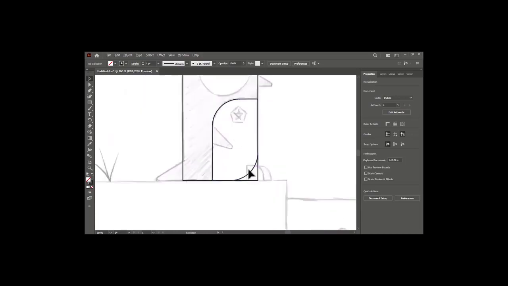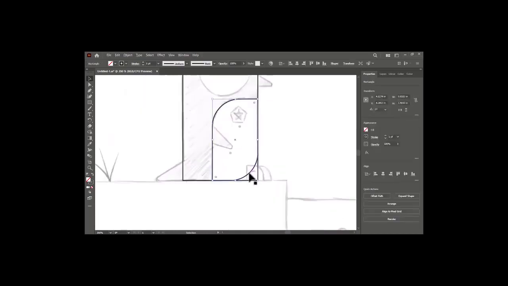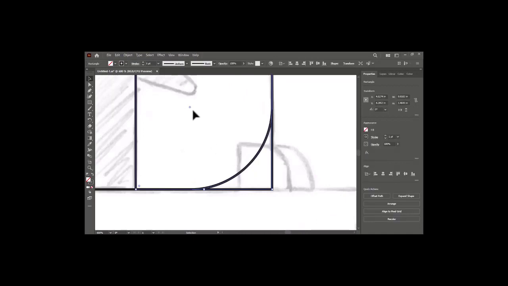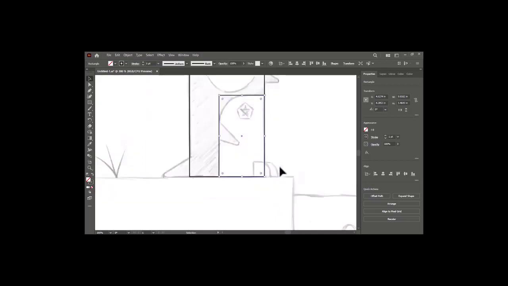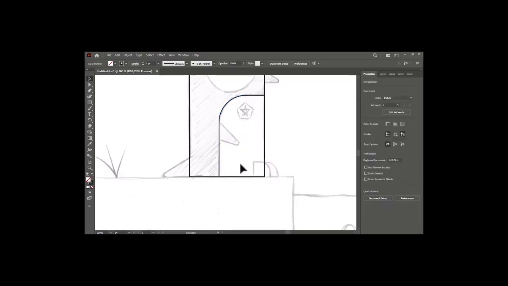I don't really need this curve right here, so I'm going to click on it and pull it out completely. Now click on this one, selecting only that one, and pull in. So it gives us the stomach of the penguin. Now let's do another